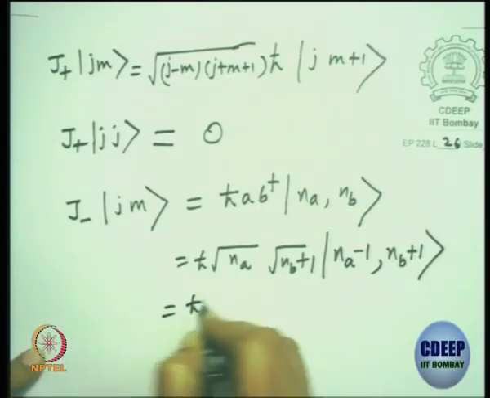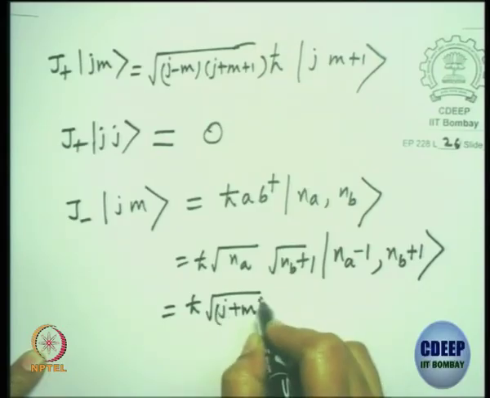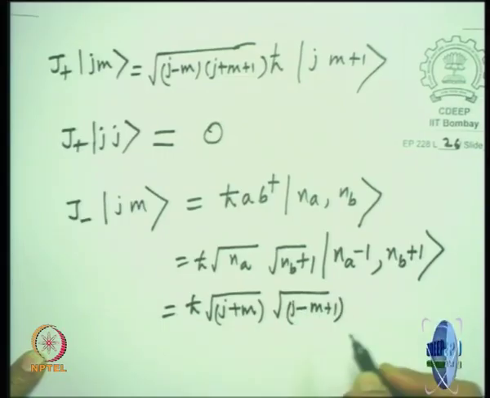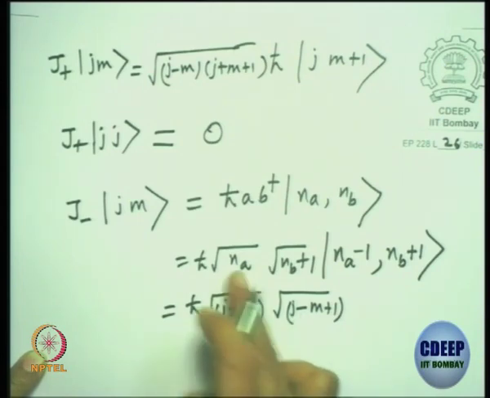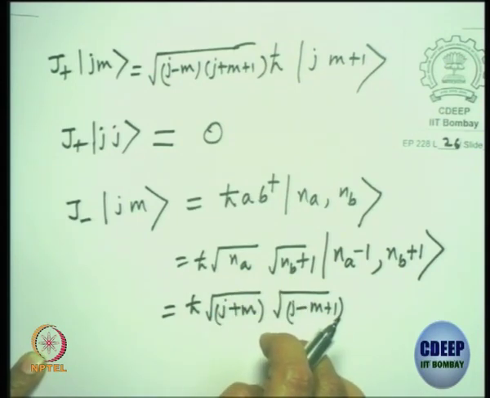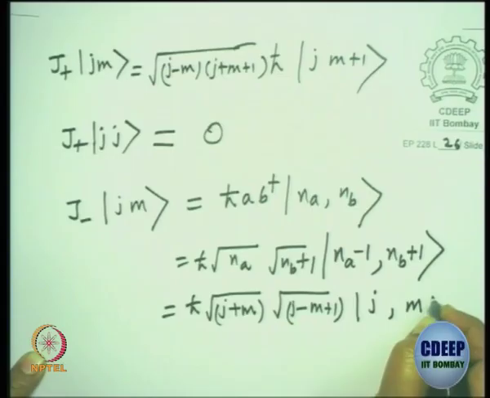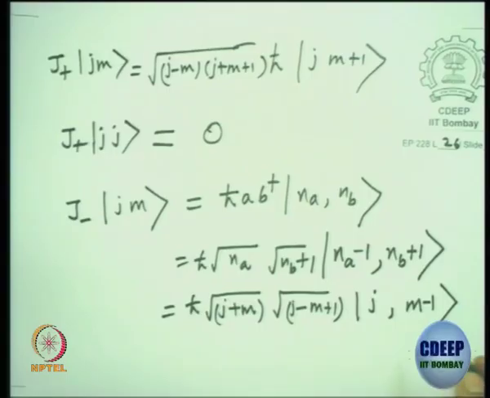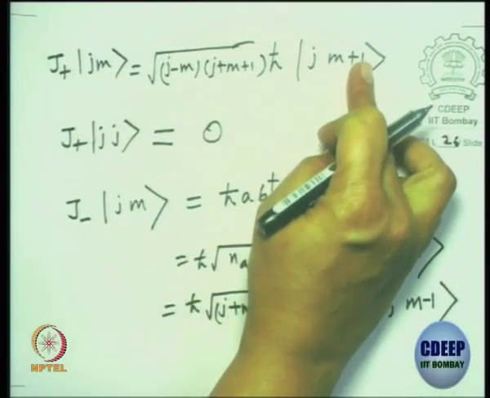So, let us rewrite Na as J plus M, and Nb plus 1 as J minus M plus 1. I am substituting Na as J plus M and Nb as J minus M. This is what I am doing, and this I can write as M minus 1. Is that right? So, this is like a raising operator which takes the magnetic quantum number up by 1 unit